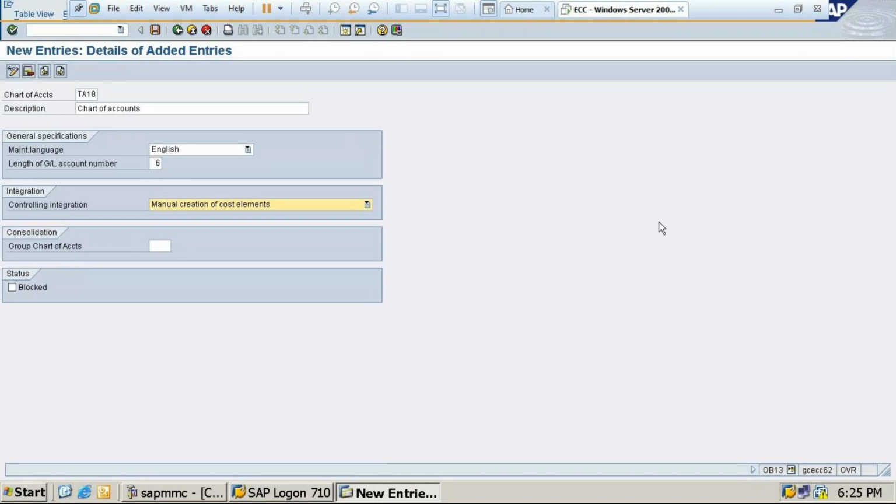That is called your document splitting. Okay. And we'll give 2 lakhs to 299,999 as liability, 3 lakhs to 399,999 like this as income, 4 lakhs to 499,999 as expenses. So the GL account number, you can give 4, 3, does not matter, but if you are giving 4 digits, your number range should start from 1000. Okay, I am giving 6, so it will start from 1 lakh. 1 lakh, 1 lakh 1, 1 lakh 2, like this it will be.